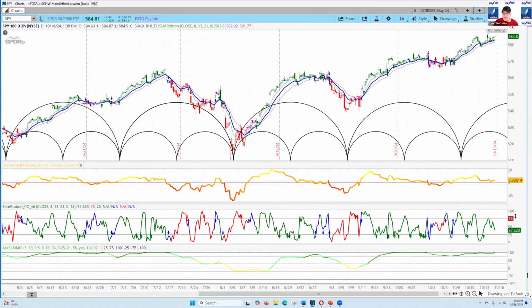Now I'm going to switch to a 2-hour chart and show you something that's a little bit different. Those of you that took the cycle analysis workshop, in module 17, I talk about this, which is the detrended price oscillator. Essentially, what it does is it takes trend out of the action. And it is one of the best ways to identify cycles, because it essentially takes the trend out and leaves cycles in.